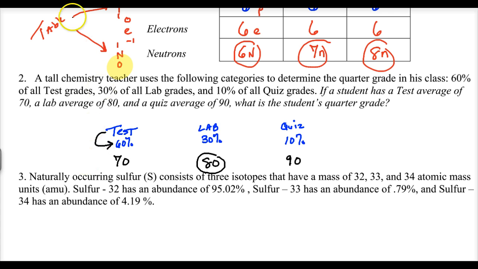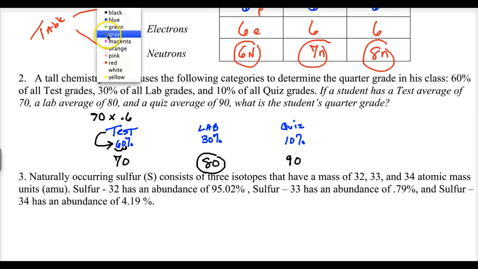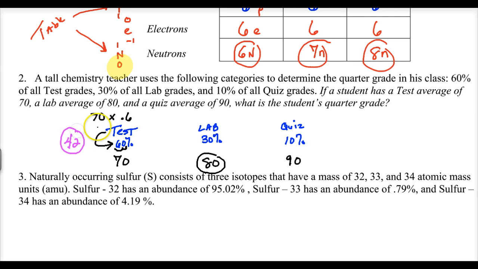So to do this, we take 60% of 70. So I take my 70 and I'm going to times it by 0.6. Now you say, why am I doing that? I'm finding 60% of 70. So if my dress that I want to buy is 60% off, remember you move the decimal place 2 places to the left and you times by that number. So you get 70 times 0.6, and I get 42. Now what does this mean? This 42 means